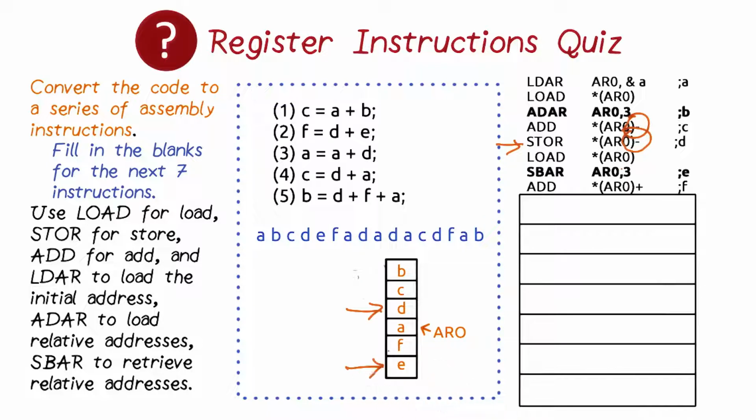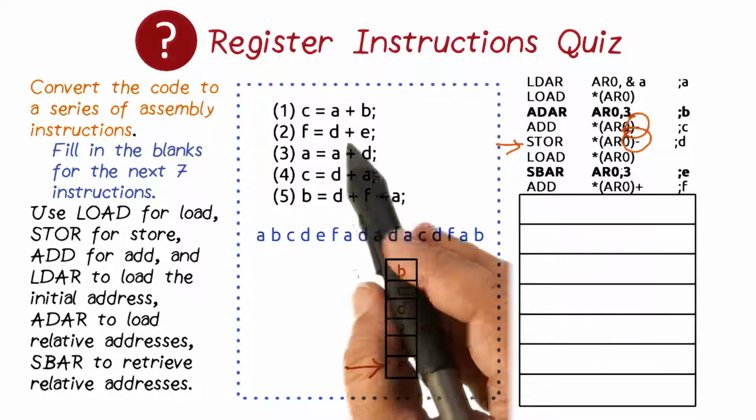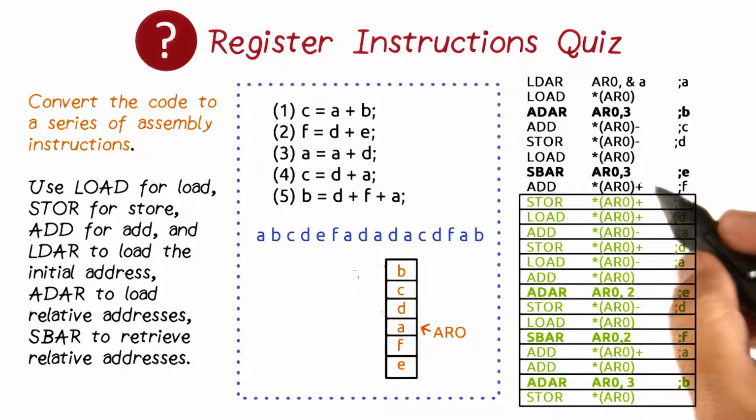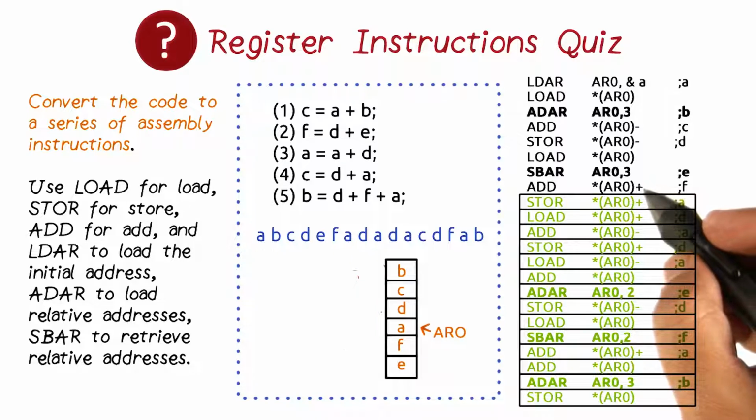And now the address register will point to E. Now after this, we are going to get the value of E and then do an addition to the original value. That's why we have an add instruction here, and it will do the addition. Now let's take a look at the answers. I'm going to walk you through a few initial answers and let you verify the rest by following the same